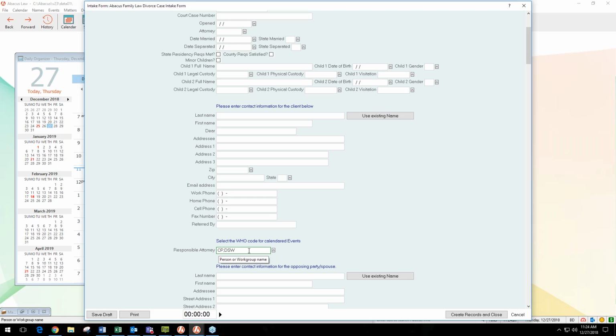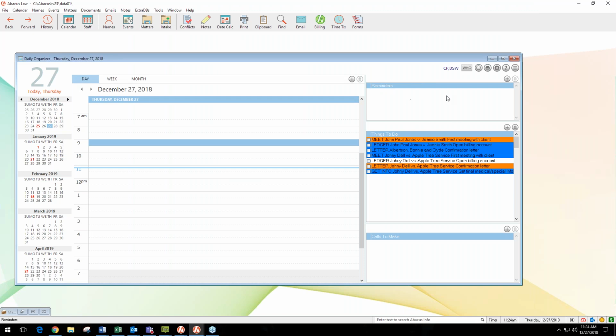The 4 individuals that you choose here will automatically get something under their calendar as reminders, right? Now, if you override any one individual, like in the other case for the opening of the billing account, I put CP only. Only CP would get opening of the billing account as a reminder, or in this case a to-do, because I moved it to to-do, and the rest of them won't get it. But if you leave that section blank in the rule, then the rest of the people that you put in the intake form are the ones that are always going to receive it